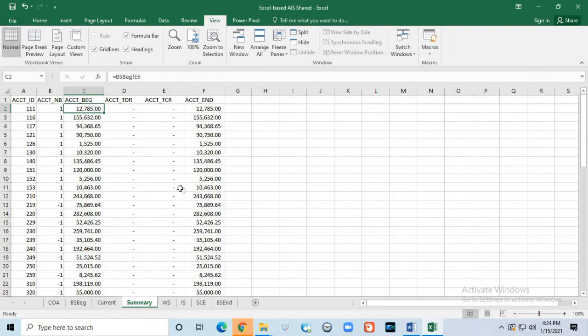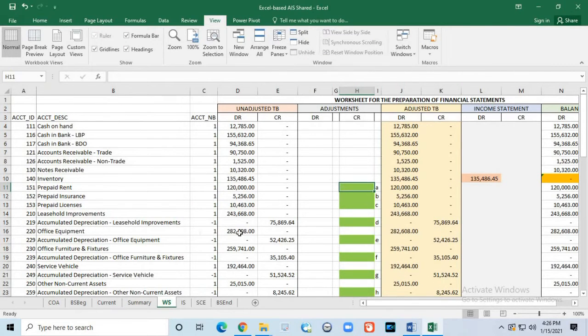The fifth worksheet is the WS worksheet. WS simply means worksheet. It represents the counterpart of the paper columnar worksheet you used in basic accounting when performing the end of period tasks of